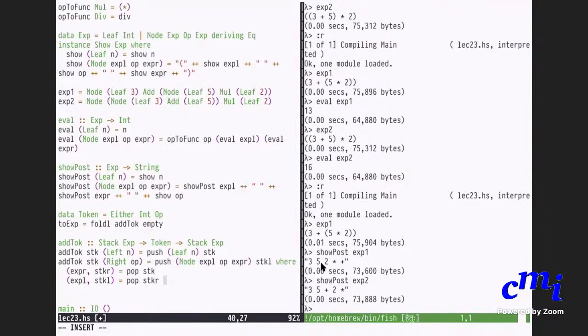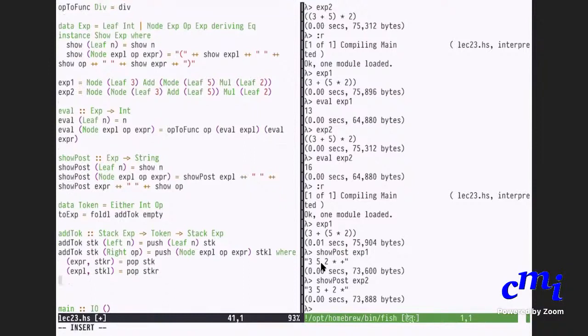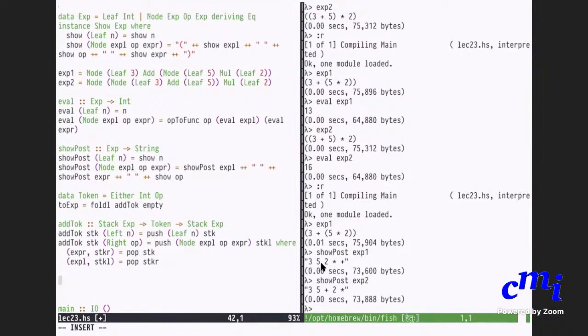So right now, the final step is that you want to be able to read a string and return a list of tokens. Okay. So that is not too difficult.